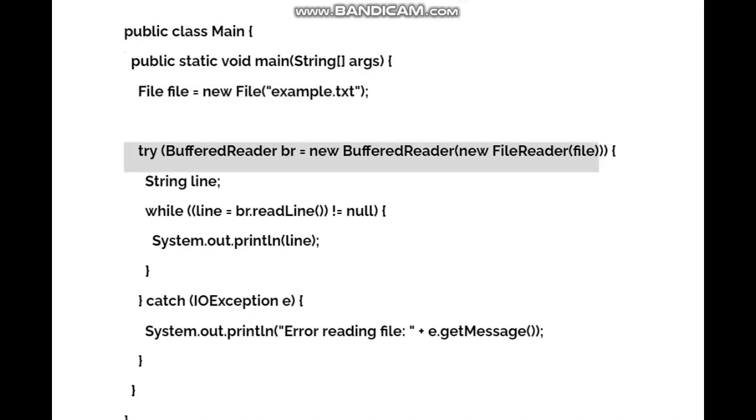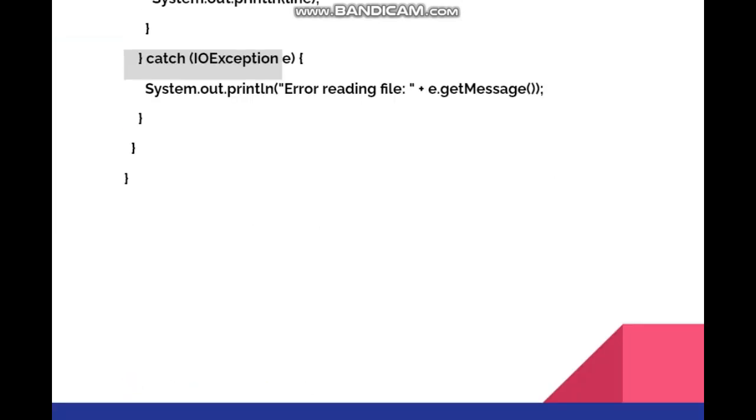String line; while ((line = br.readLine()) != null) { System.out.println(line); } } catch (IOException e) { System.out.println("Error reading file: " + e.getMessage());